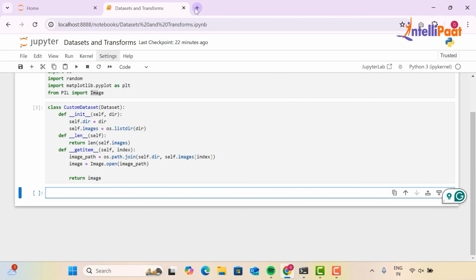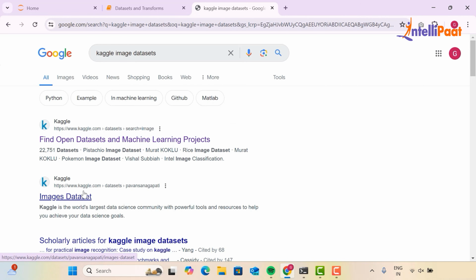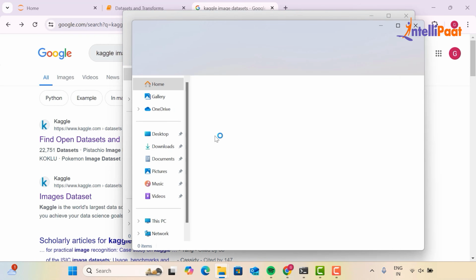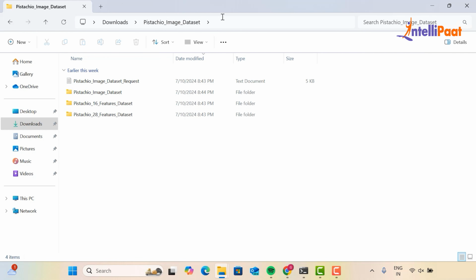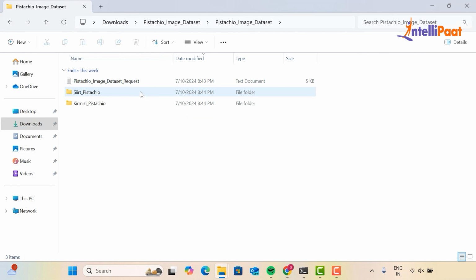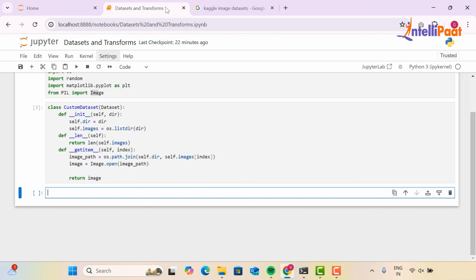So now what I had done was I had gone to Kaggle. You can just go ahead and go to Kaggle and download any dataset of your choice. I had downloaded Peanut dataset, which is over here in my downloads. This was my dataset here, and all I did was I copied the path like this. Sorry, I'll just go ahead and this is the dataset. This is what I'm going to use. So I just copied the path and I'm going to assign it to, say, variable data path, and right.